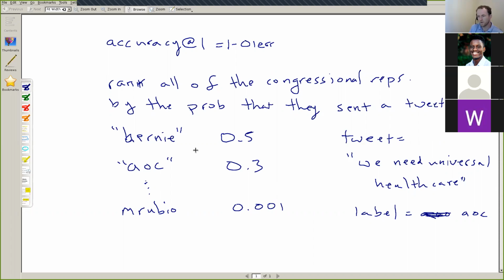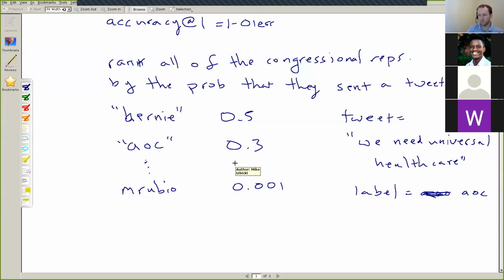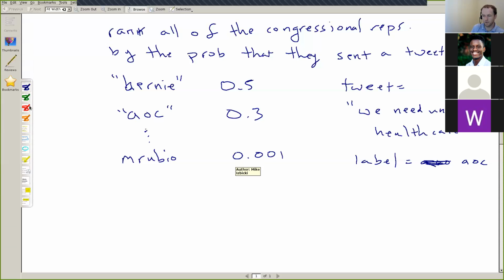And so in this case, we got the answer wrong because we predicted Bernie Sanders, because Bernie has the highest probability. But AOC is really close to being the correct answer. It's ranked number 2. And so in some sense, this is a much better result than if we were to have an alternative result that looked like